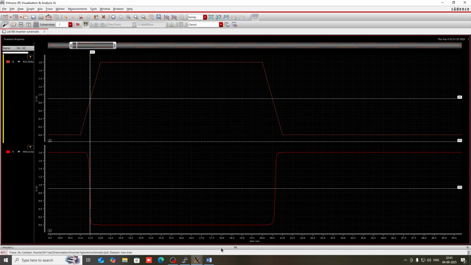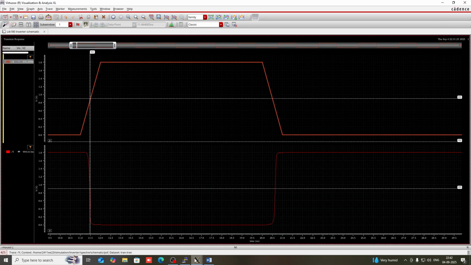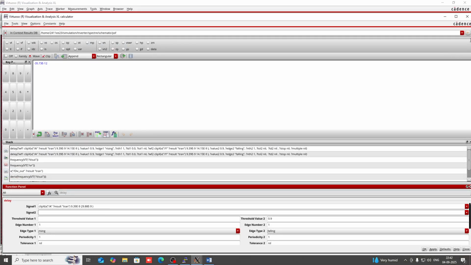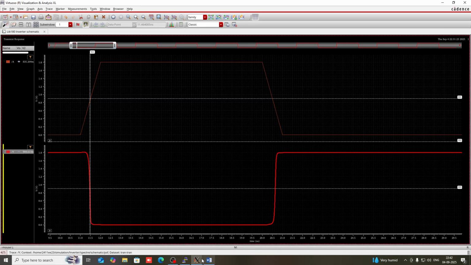So this is signal 1. Okay, then click on signal 2 and feed the signal 2 into that calculator,